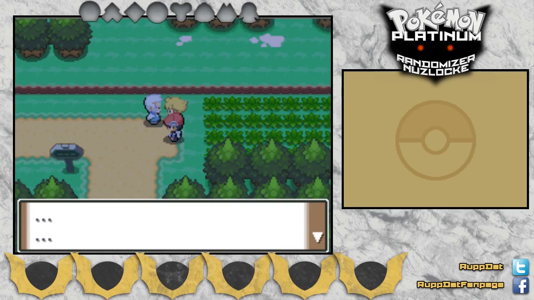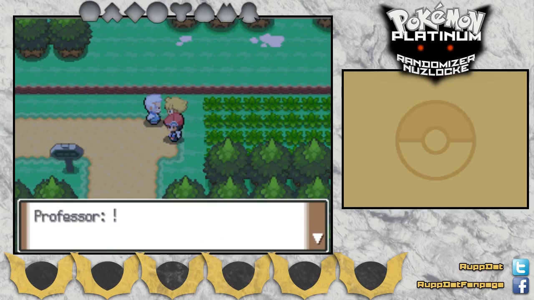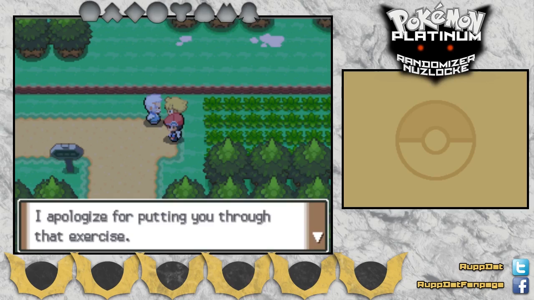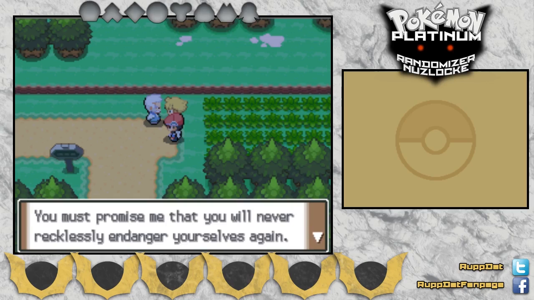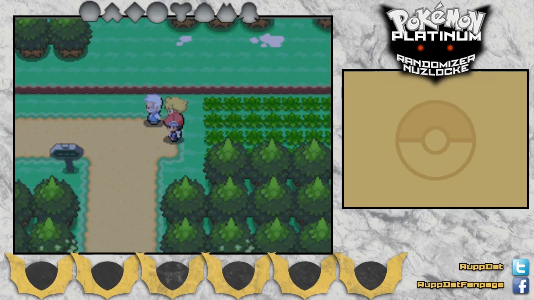Well, well, don't forget about me. Give a Pokemon to my friend here. I mean, it was me who tried to go into the tall grass and all. Wow, that's pretty selfless. How big of you? I guess that works for someone who's not... Well, he is taller than me, I suppose. Very well then, I will entrust you two with Pokemon. I apologize for putting you through that exercise. What, are you a psychologist on top of being a Pokemon professor or something like that? Kinda sounds like it. However, you must promise me that you will never recklessly endanger yourselves again. Well, I wasn't the one about to jump into the tall grass, so...